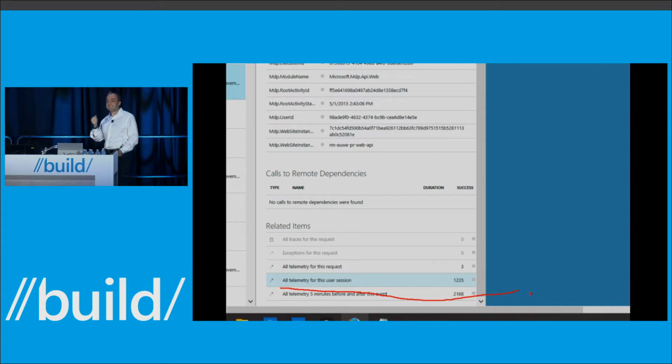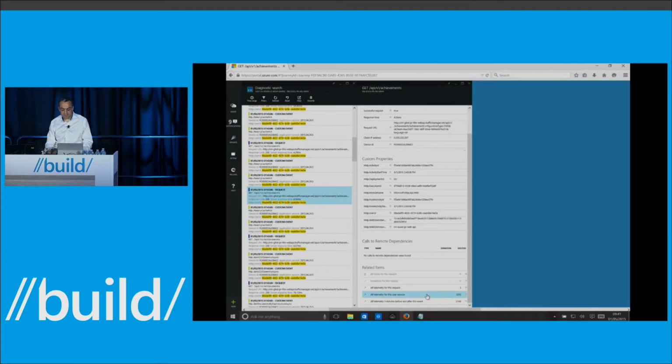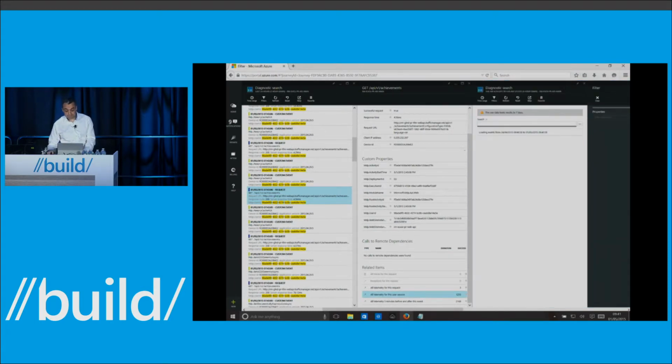So if you found an exception trace, for example, and you don't know how the user got to that point of the processing, you've got the ability to dig in and look at a user's session and see what they did before. So you effectively get those repro steps of understanding what they clicked on and what exceptions happened before. So if we go ahead and click on the user's session,